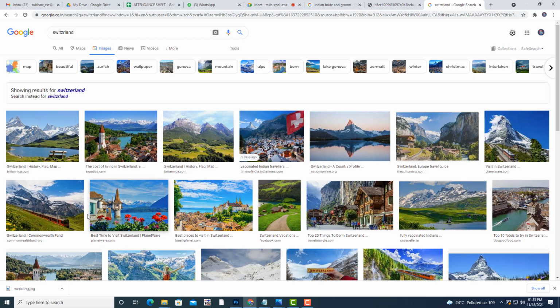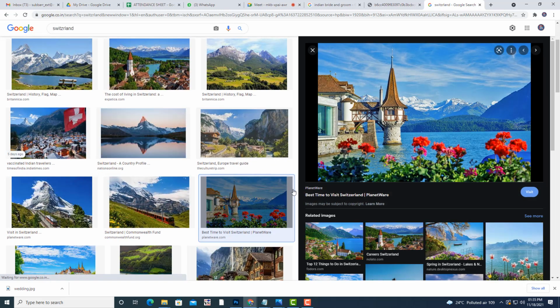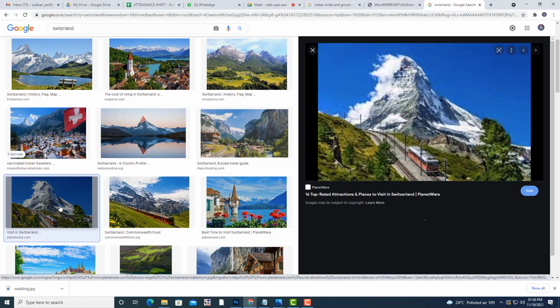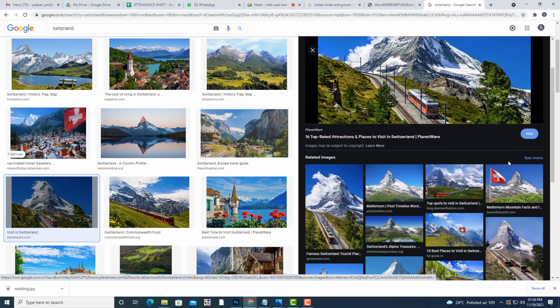So see here, these are the images of Switzerland. There is a place similar to Switzerland in our country. Anybody can tell? Shimla.